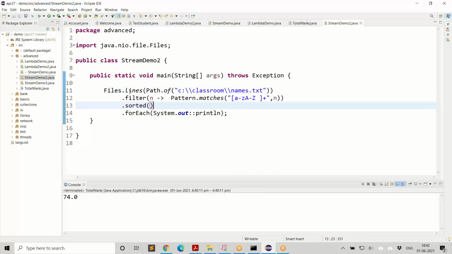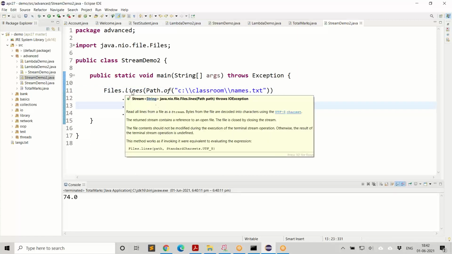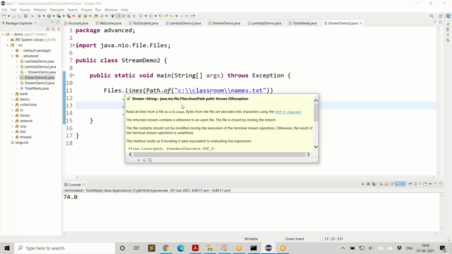Look at this. We have seen something called readAllLines. You may remember that. readAllLines is actually giving you a list of strings, a list. But lines is giving you a stream.